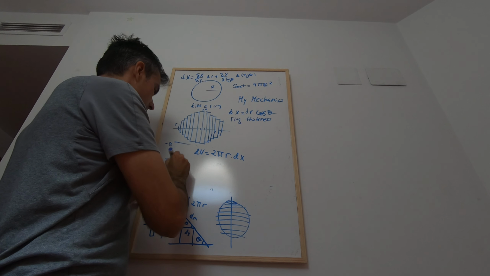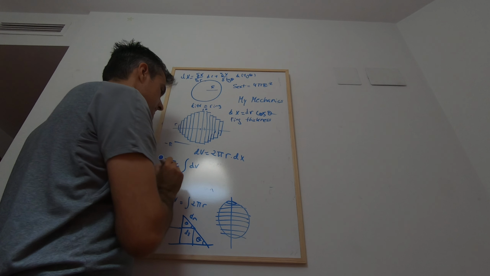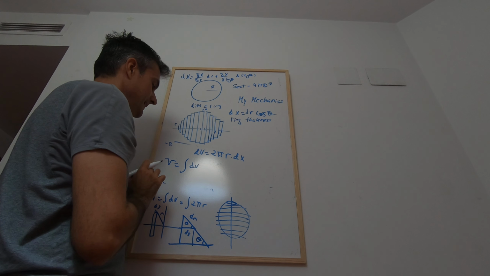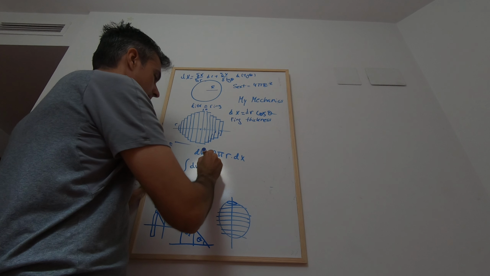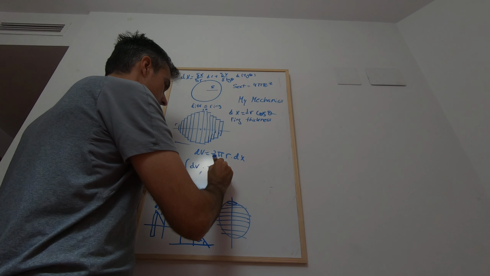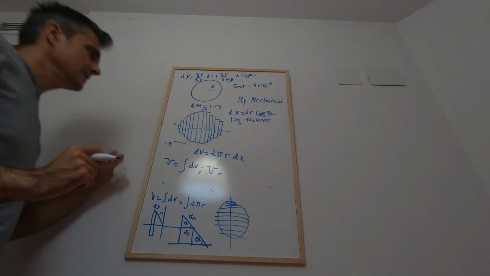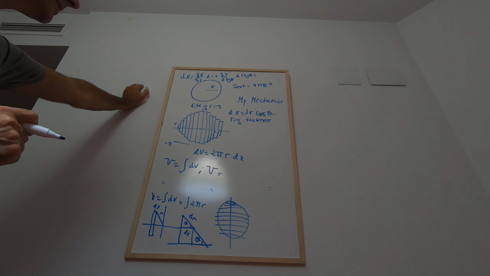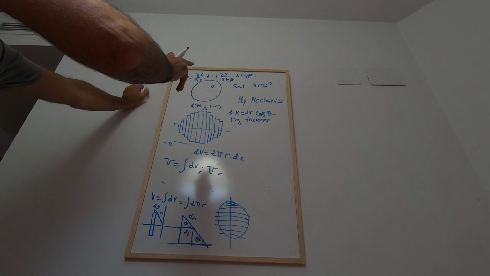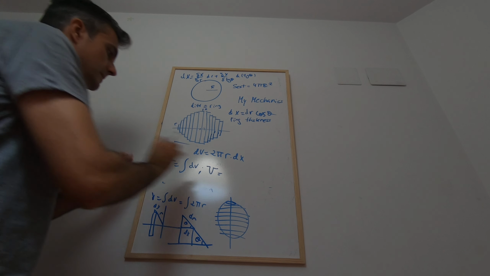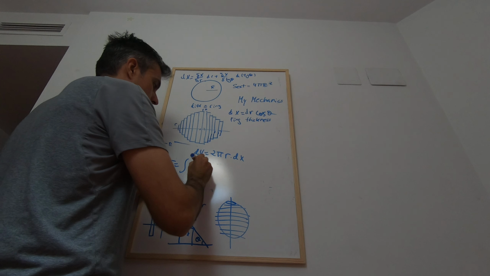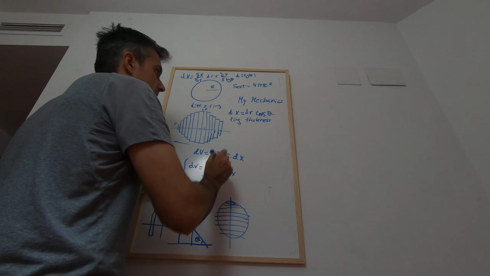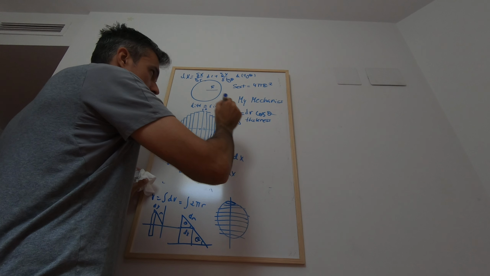So the volume is the integral of differential of v. Differential of x, where is the angle? There. So this is what I just put: 2 pi r differential of x. I saw that differential of x is differential of r cosine of